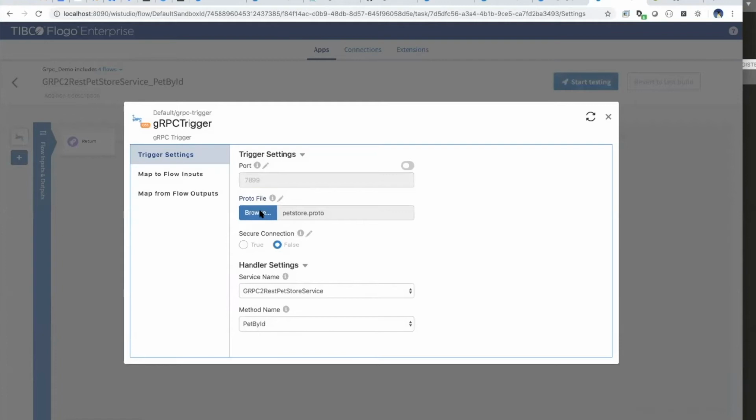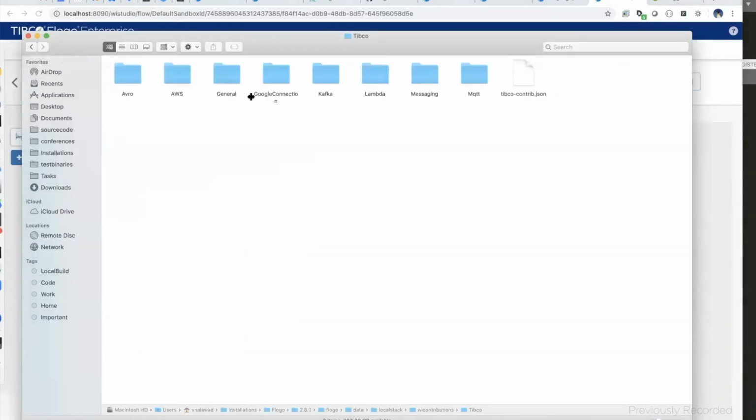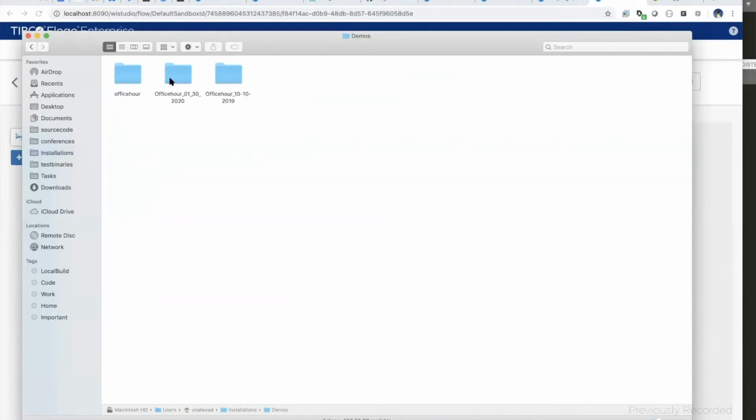So same thing you can do if you want to make changes to your protobuf file. You can always go here and upload the updated file, and those changes should be reflected in these configurations. Sorry to interrupt. Do you want to open the protobuf file and show it? Sure. It's also going to create input and output parameters based on it. Yeah, so it does actually. So let me see.